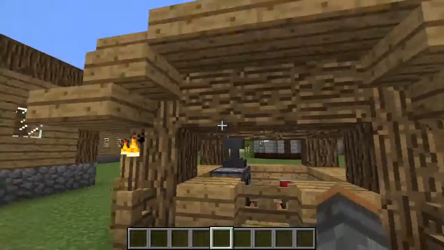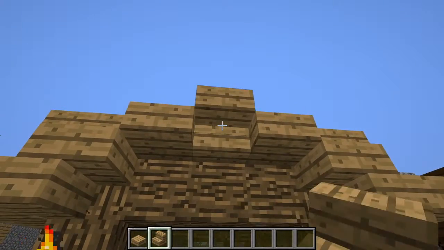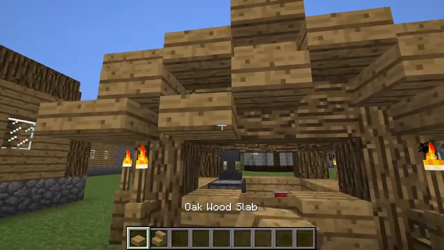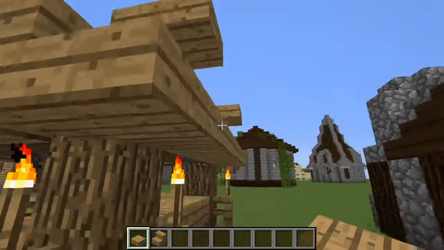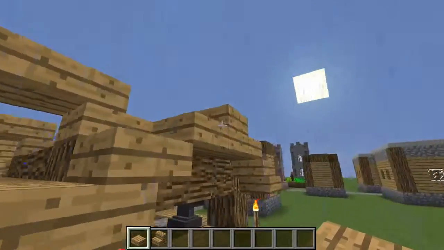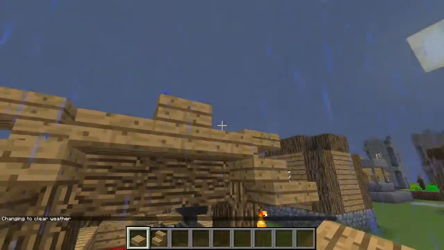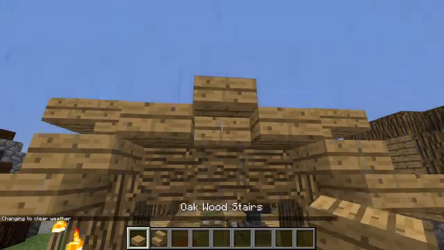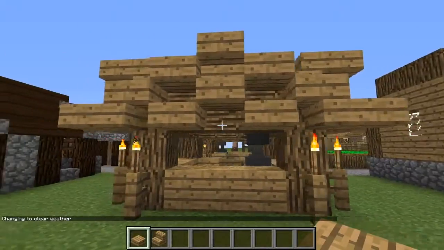Now, this is something I did not do over on the Crafting Nights Amplified Minecraft server, but if you would like to, you're more than welcome to. For the front and the back, if you would like to try and configure some fancy placement of stairs and half slabs, you're more than welcome to. It's just to keep